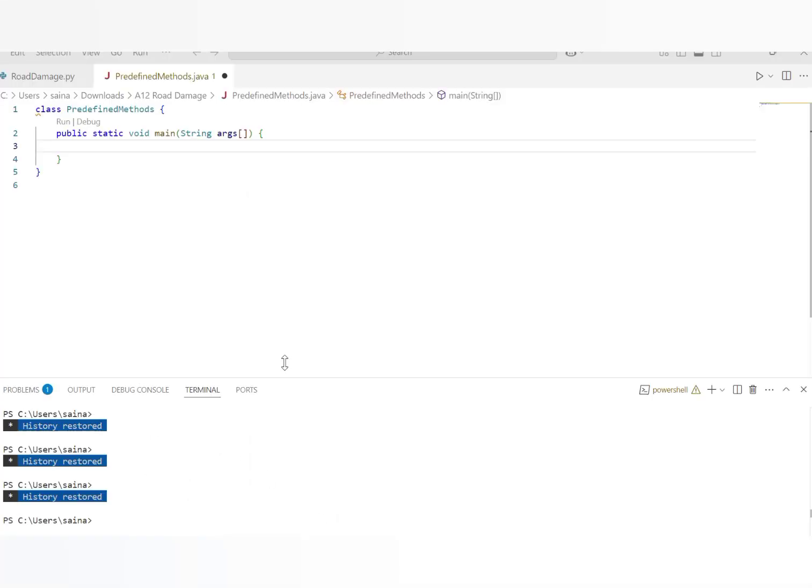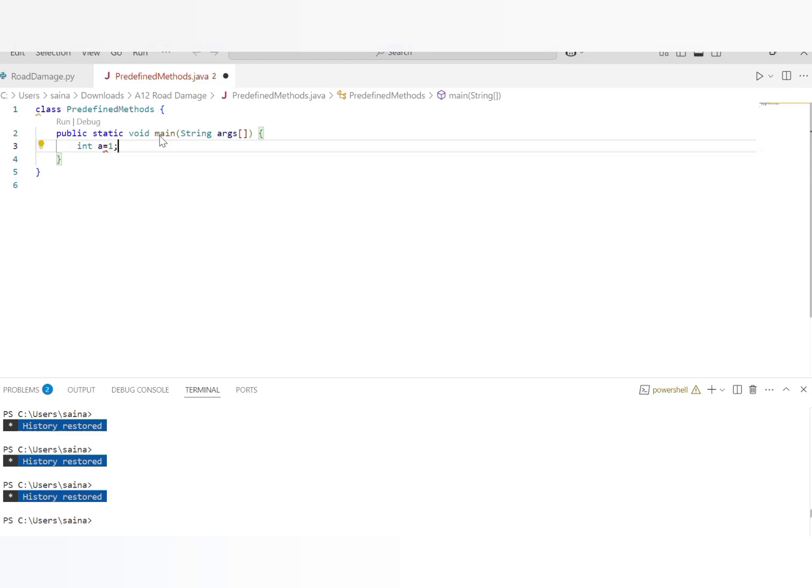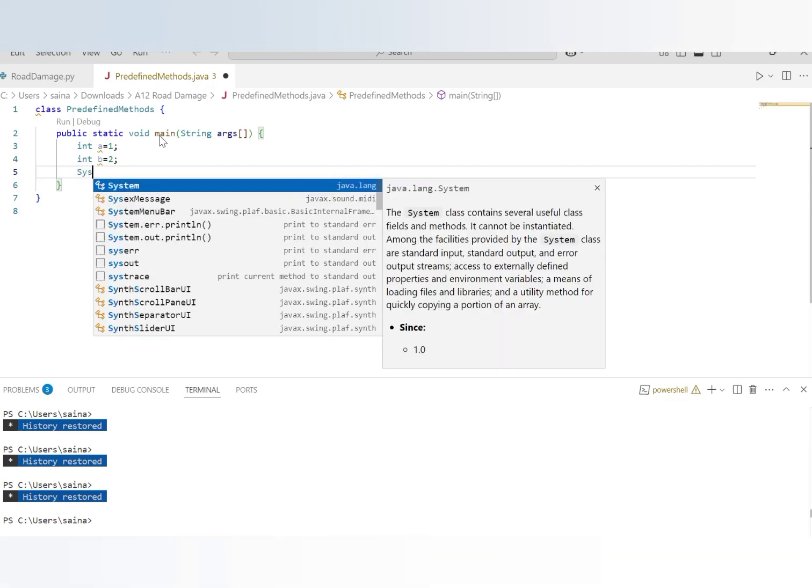As you can see on the screen, here is class followed by PredefinedMethods, where PredefinedMethods is a class name. Inside it we have taken the main method, which is also a predefined method in Java, where the Java code execution actually starts. Inside the main method, let us take two variables: int a and store the value 1 into a, and another variable of type int b and store the value 2 into it. Now in order to perform Math predefined methods on these two variables, let us try to print